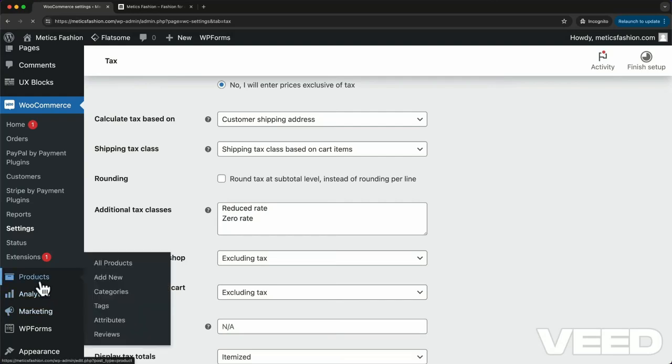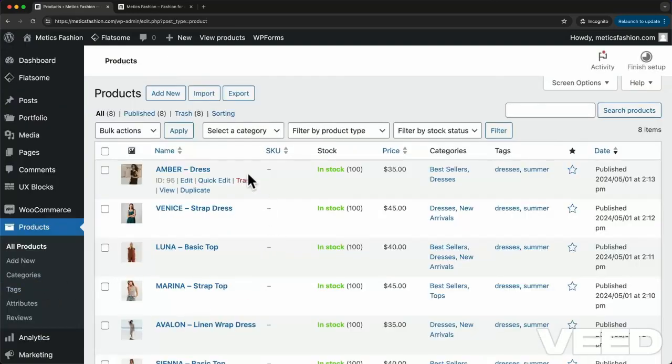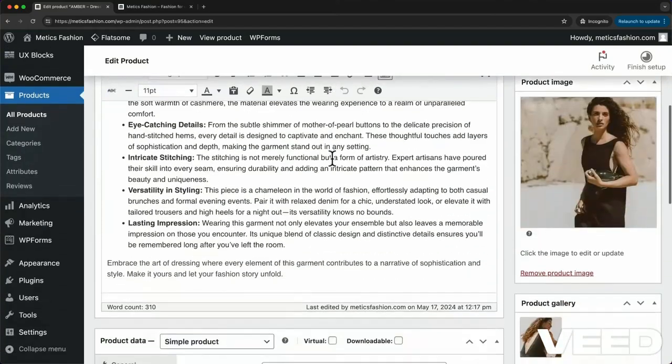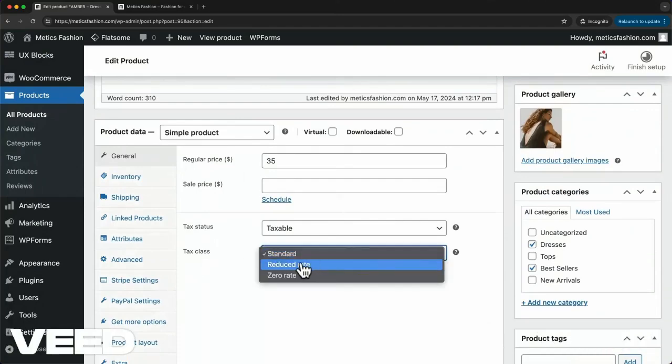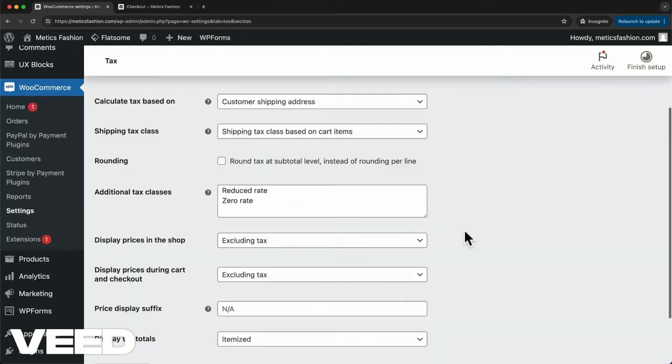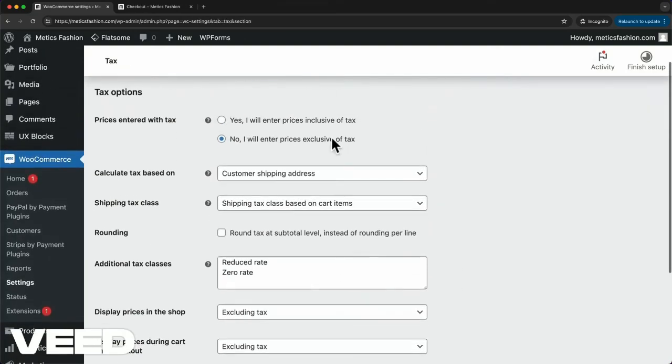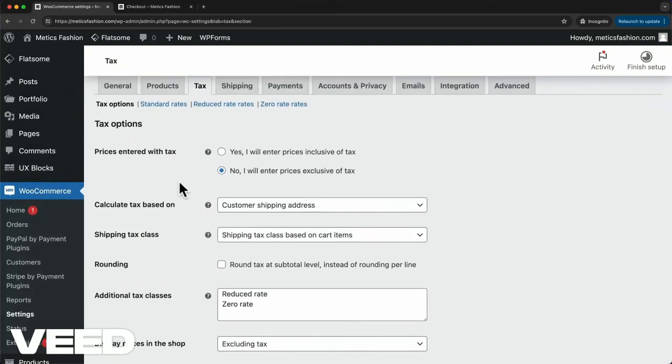So let's go to Products right here. Then let's say this is a product where this special tax class will apply. So let's click on Edit. Then let's scroll down and go to Product Data. And here under Tax Class, we can change it from Standard to Reduced Rate or to Zero Rate. And then you definitely want to go through these options as well and make sure it's set up correctly for